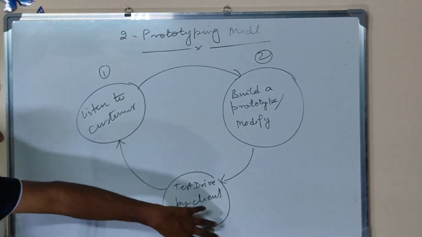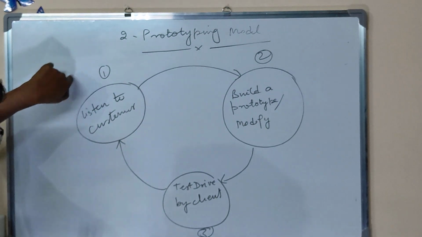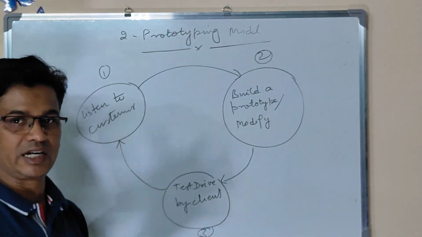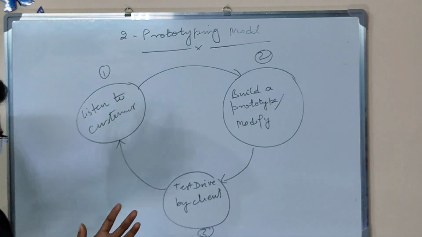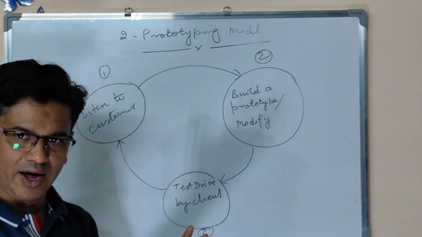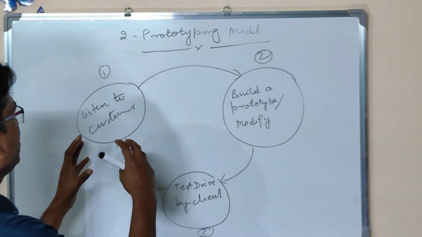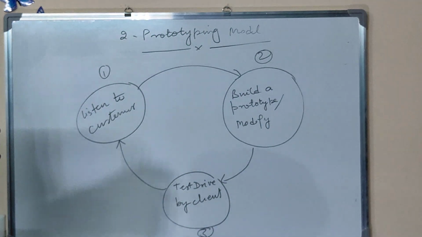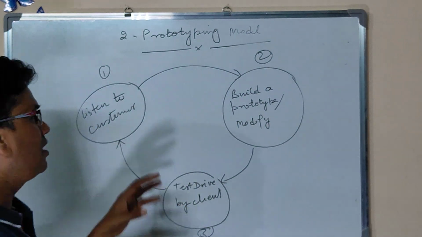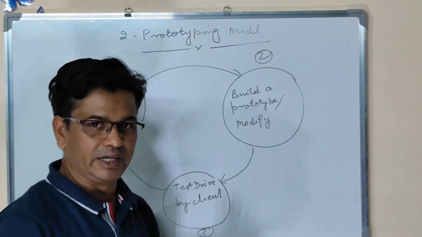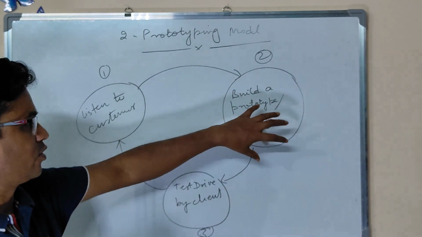So what happens after the third phase, again we come towards the first phase. Now the customer has a set of feedback: this requirement should be shown like this, this requirement is not needed, this requirement is working fine, need to add some new requirement. So again the customer has a set of recommendations, and those recommendations will be passed to the second phase, to the development team. Based on the latest reviews, the existing prototype will be modified,